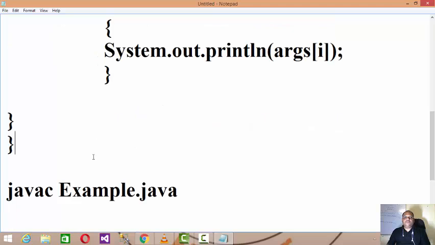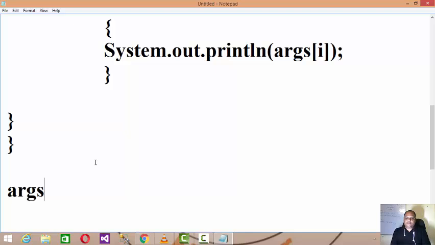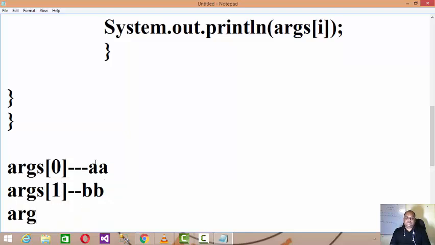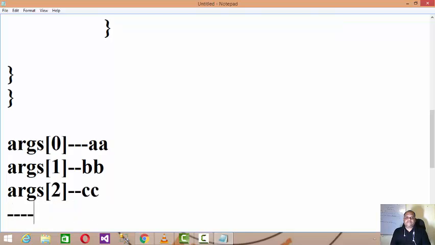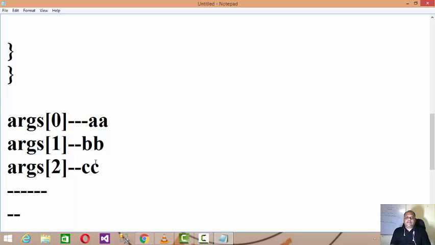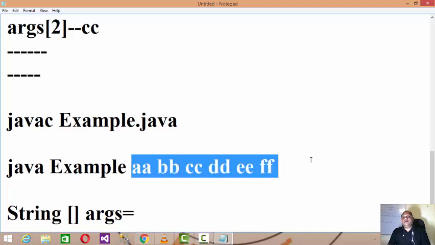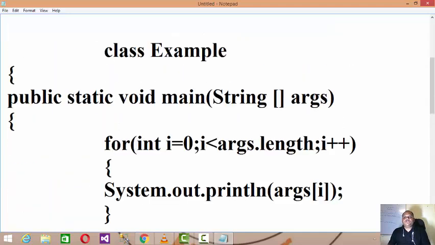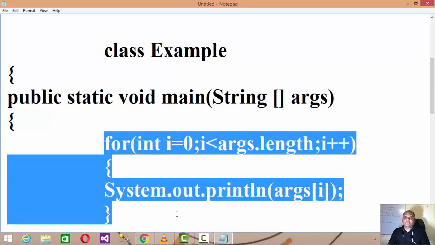So what will be the output? args[0] will hold the first data, args[1] will hold the second data, args[2] will hold the third data that we pass on. In this manner, all the data which I passed from the command line will be assigned to the array of string and we can use it in the program.